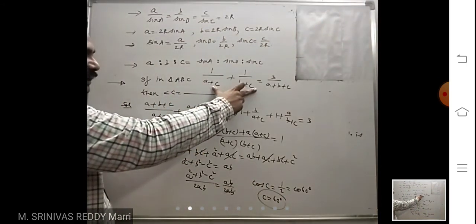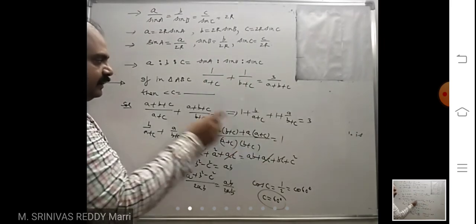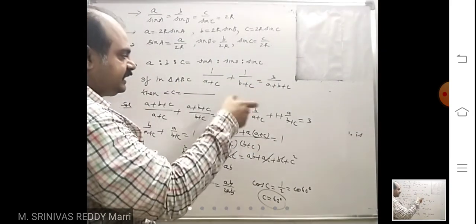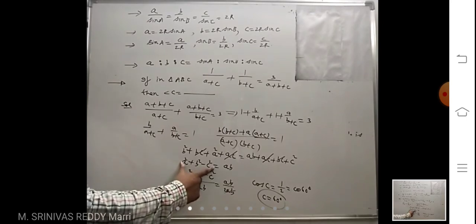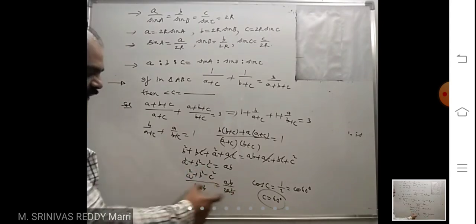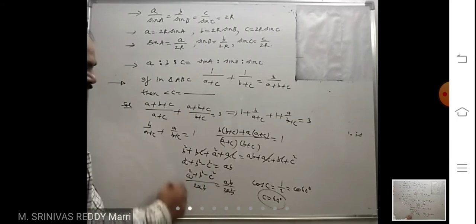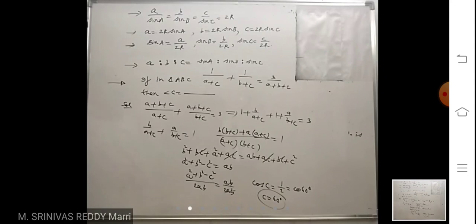Like that, one relation will be given. Simplify that. If cos C you have to find out, think about cos C. What is that? Cos C is nothing but (a² + b² - c²) divided by 2ab. This you got. That's why divided by 2ab on both sides. This is according to cosine rule for cos C. That means angle C is nothing but 60 degree.